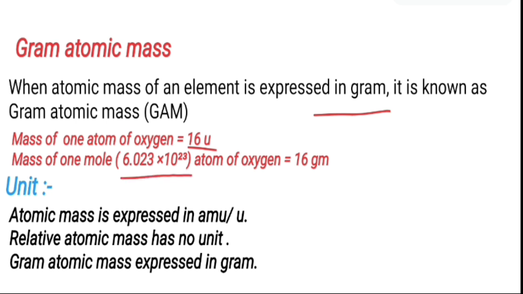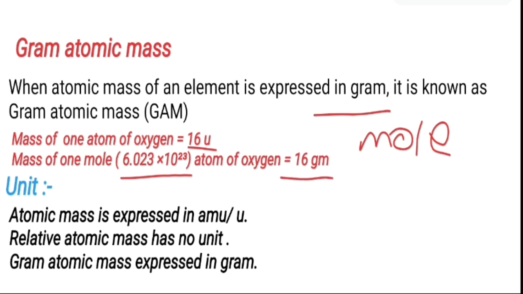is a standard. When you go to class 10, you can read about a concept called the mole. What is a mole? Let me give one idea. Mole is a number unit, like our dozen, like our pair. If you say pair, it represents one number. Like this, mole represents a standard number, and that number is 6.023 into 10 to the power 23. So, gram atomic mass represents the mass of 6.023 into 10 to the power 23 atoms. Hence, its value is 16 gram.